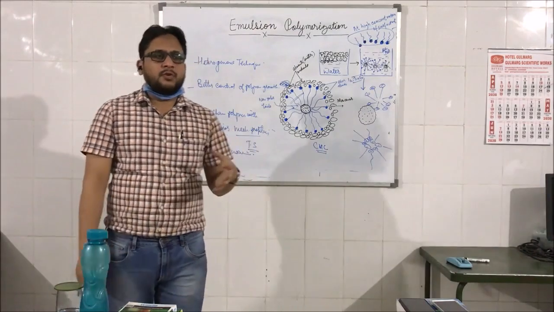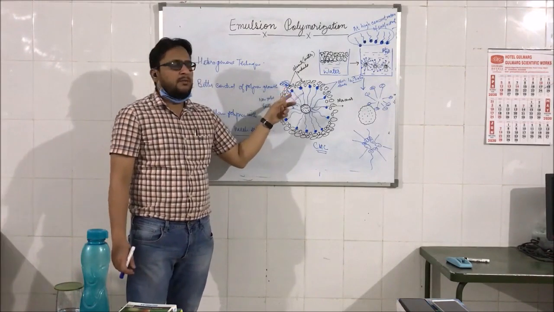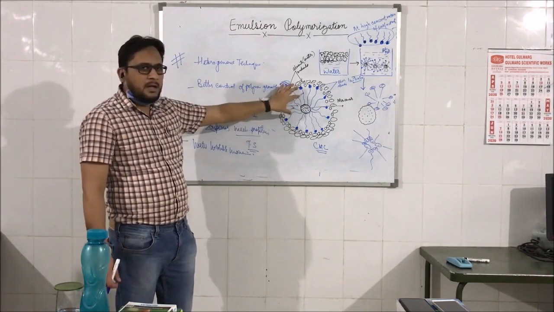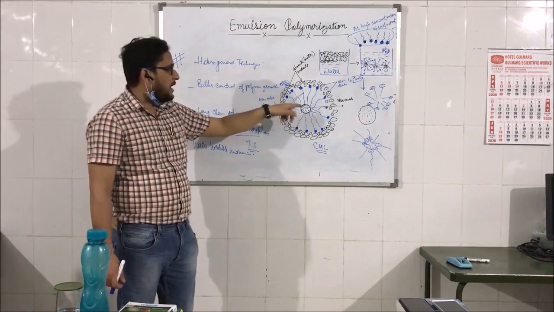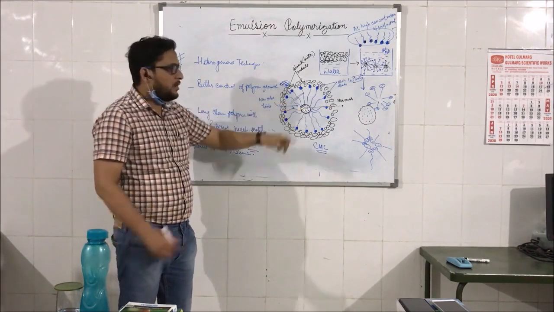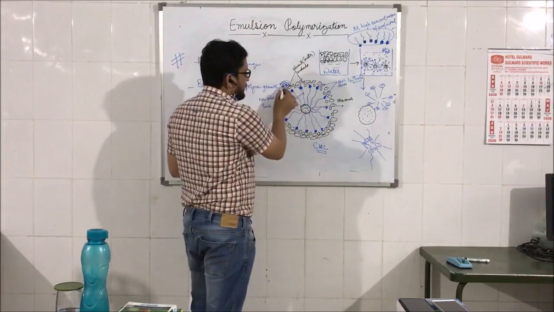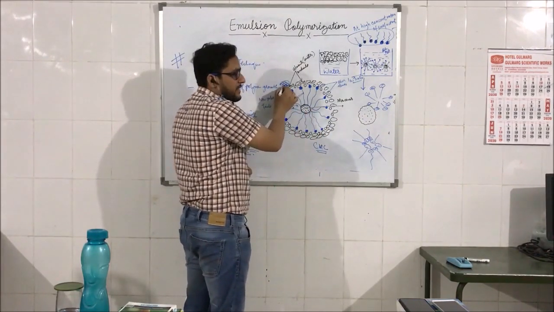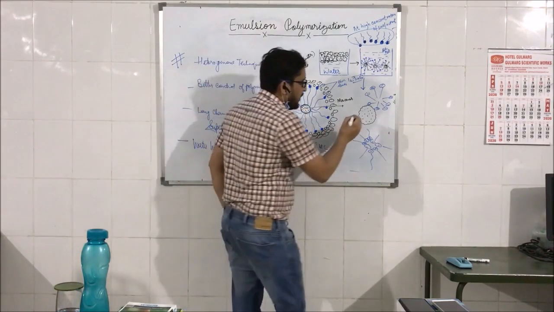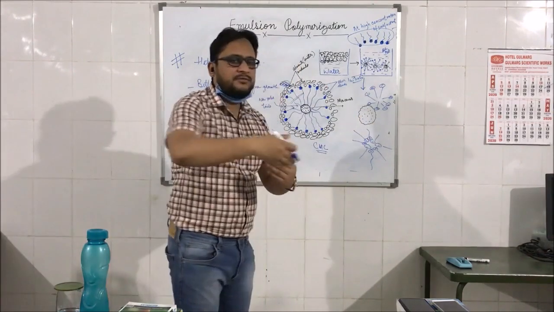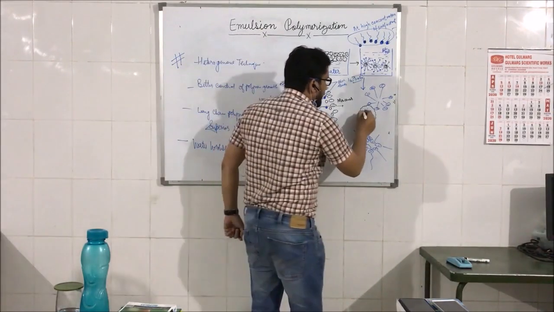So by photo decomposition or thermal decomposition, the initiator molecule very easily forms free radicals, and these free radicals at the interface attack the monomer molecule. The active free radical site from the initiator gets transferred to the first monomer, and then that monomer transfers the site to other monomers, and propagation takes place like this,